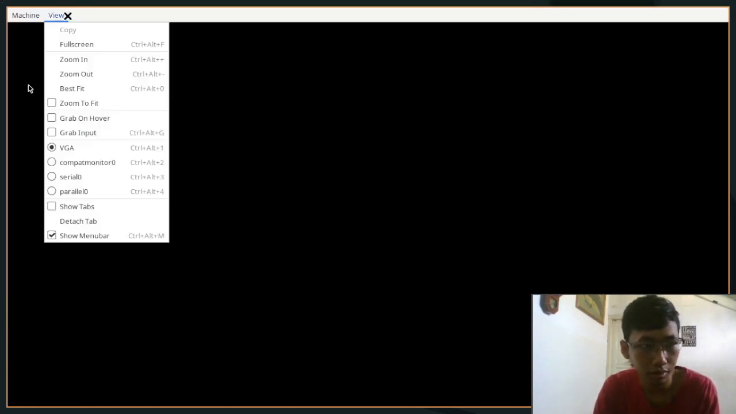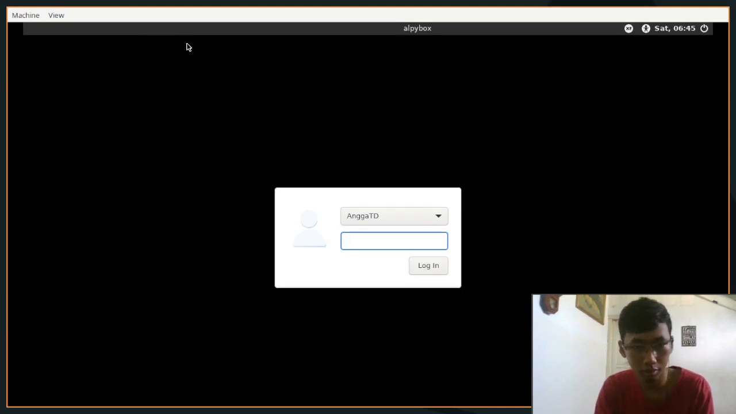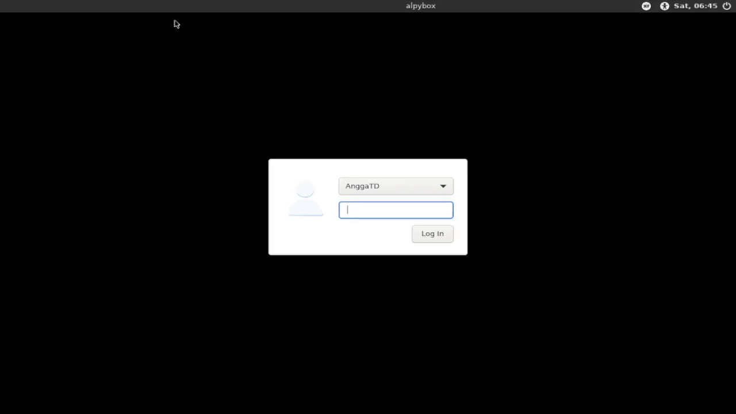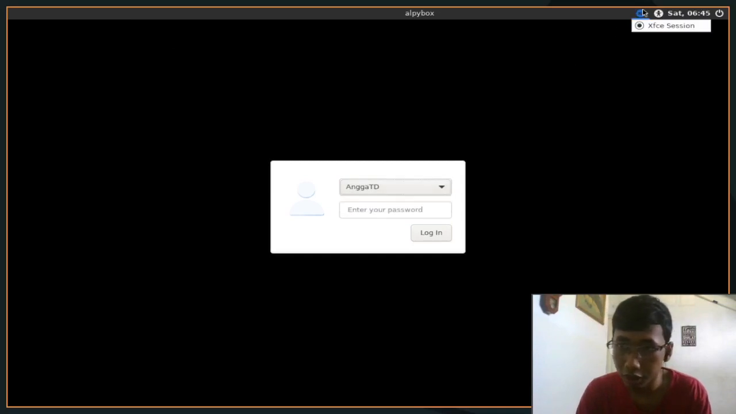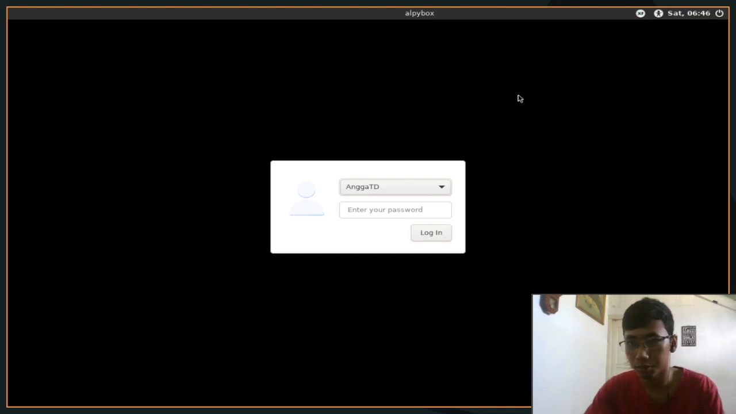Control Alt O, Control Alt F. Okay, so this is Alpine Linux. Oh, it's Alpine Linux right here. If you have installed other stuff here like bspwm, this will show here, bspwm or GNOME or Plasma. But now you can just type in your password. Now it will prompt you to nice Xfce